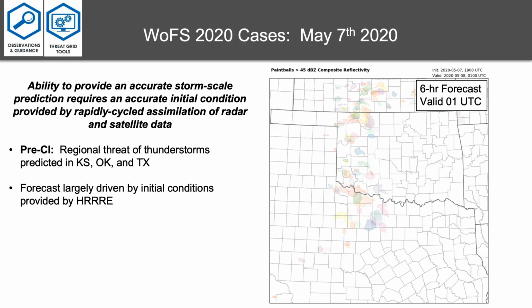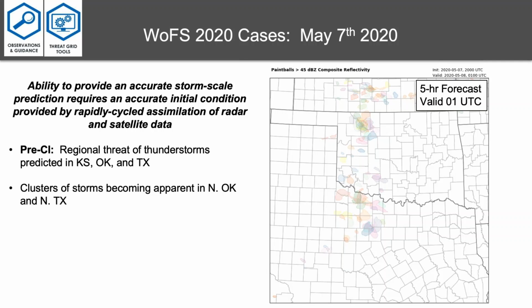So beginning at 19Z, this is pre-CI. This is something where we've only been assimilating, in this case, Oklahoma Mesonet and ASOS observations for a couple hours. So we're probably still very similar to what the HRRR prediction is at this time, which is what we use for our initial conditions. And you can see there's a regional threat of thunderstorms, basically from western Oklahoma into central Kansas and North Texas. So if we step forward in time,